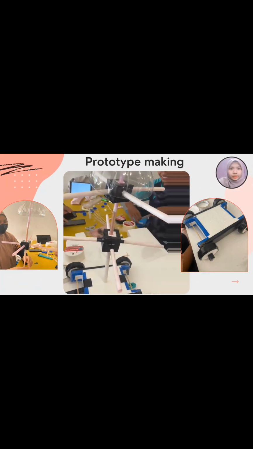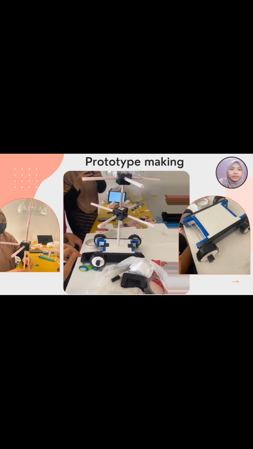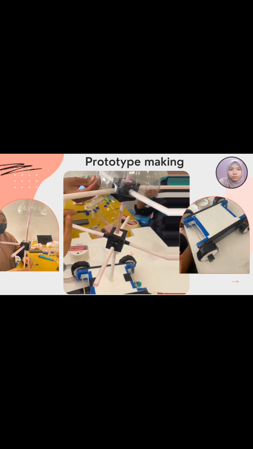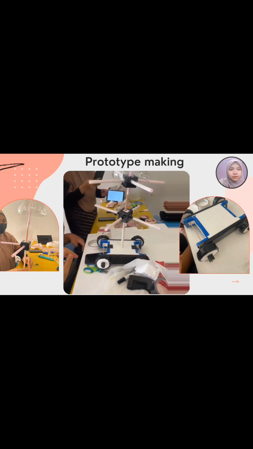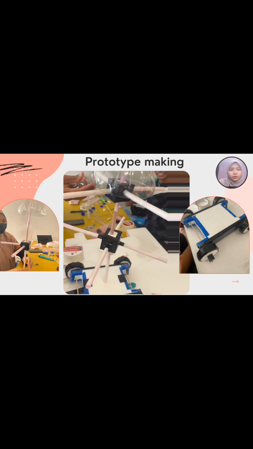Okay, next for the prototype making. First, we gather all materials that need to be used in the process of making the prototype. The materials that we use are scissors, cutter, marker pen, polyfoam, straw, bamboo stick, glue, double-sided tape, and rubber band. Okay, after we gathered these materials, we started using the polyfoam to make the bottom and the wheels of the